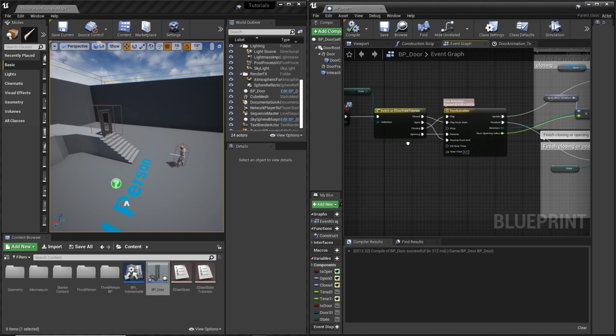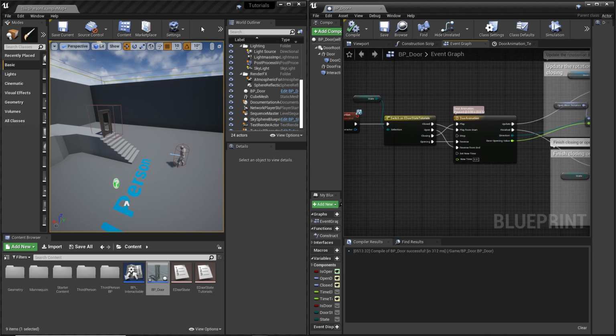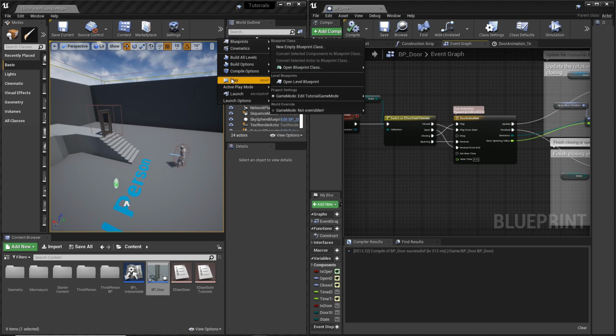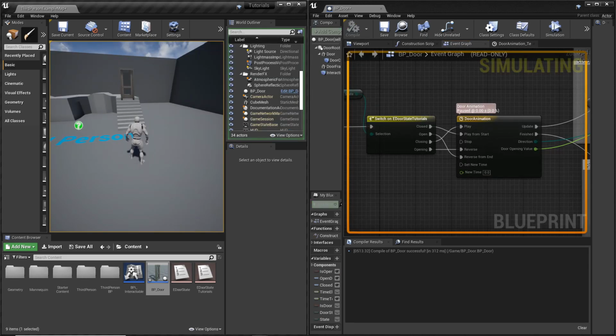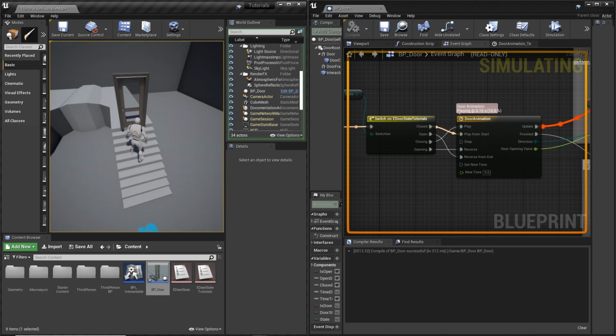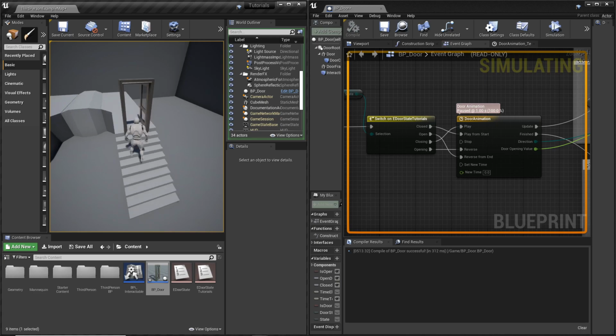Okay, so now that everything's linked up, let's go ahead and play the game and make sure that everything is working. So watch how on the event graph, based on how the value for the state is set, it's going to be triggering different things to happen for the door animation. So first off, I press F, it's already closed, so it opens, update runs for about a second. After 1 second occurs, it's in its finished state, so it goes and sets to open. So if I press F from its open state, you can see how it feeds into the event graph. It goes to reverse from end, making the door